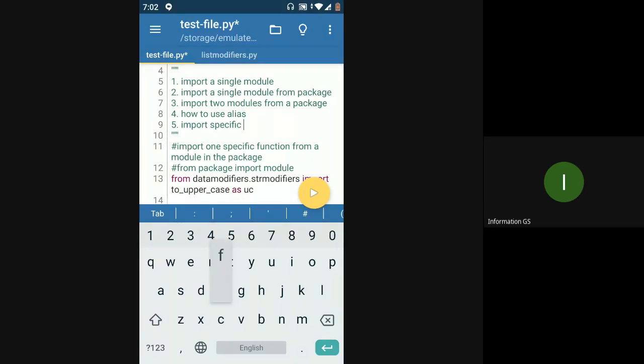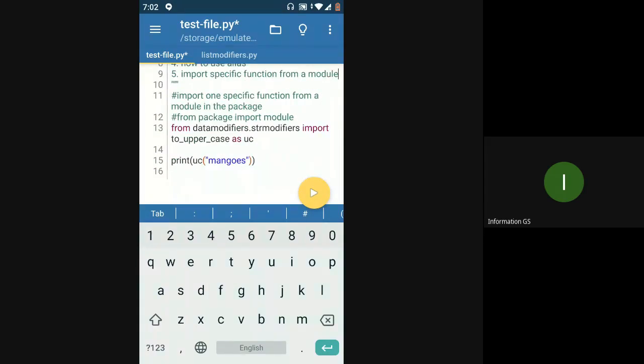Okay. Now, what if I want to import all the modules present in a package, right? In this case, I was importing every single module present in the package individually. In order to import all the modules present in the package, either you can directly use import data modifiers. So I'm directly importing the package as we had imported the module. Let me just use the get max function and try this time.